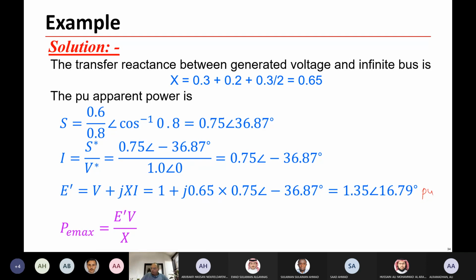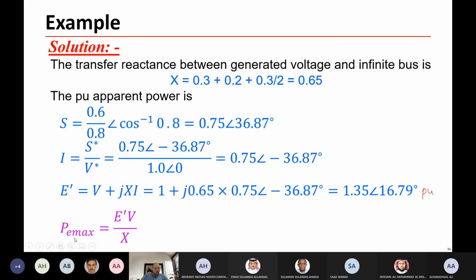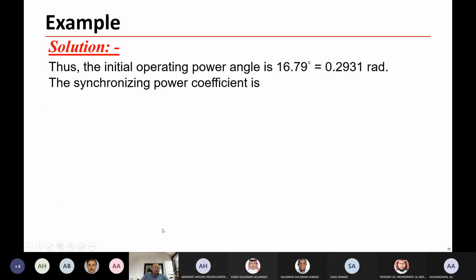So this is P max equal to E prime V over X. We can calculate it definitely. Thus, the initial operating angle is 16.79 degree,